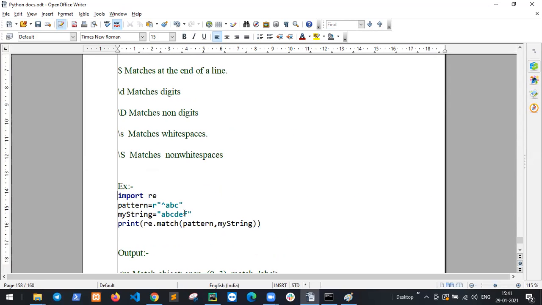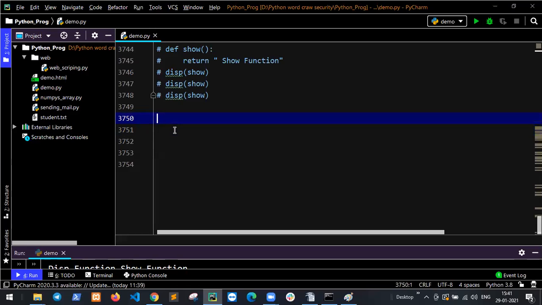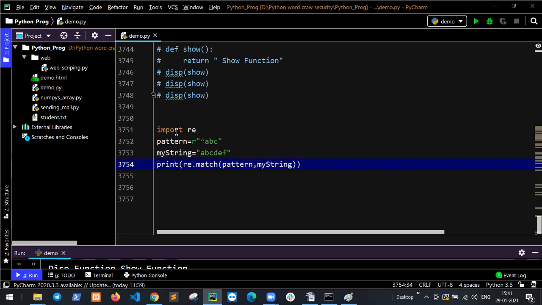First example. Check this code. First of all, import.